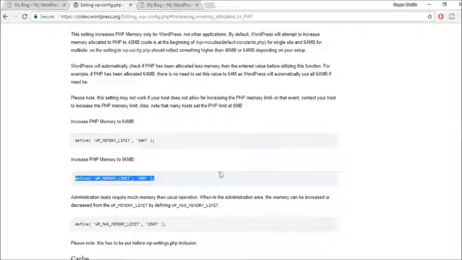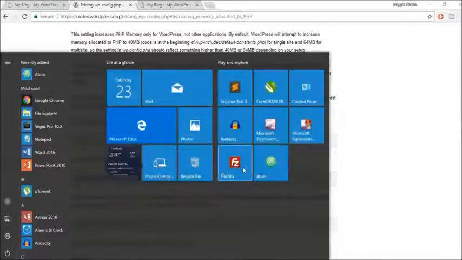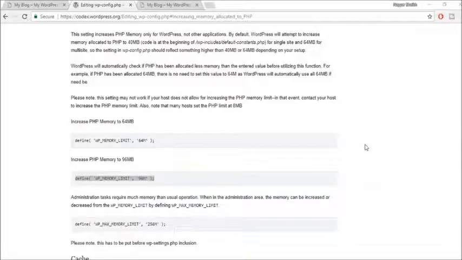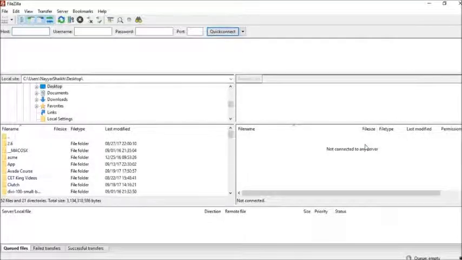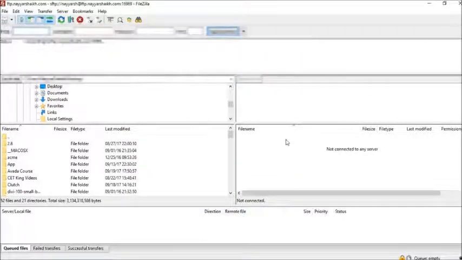Just copy this code from here, and there are different ways of doing that. What we can do is use FileZilla, which I mostly recommend. If you don't know how to operate it, there are many different videos on YouTube which will help you on how to set up your FTP account and how to use FileZilla, which is very easy. You can easily do that. Now here we have to search for the